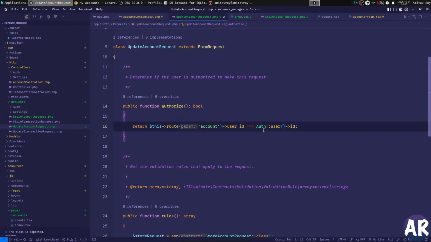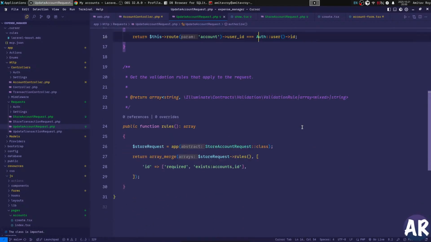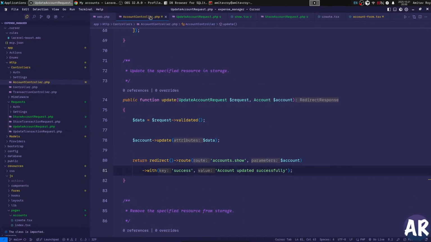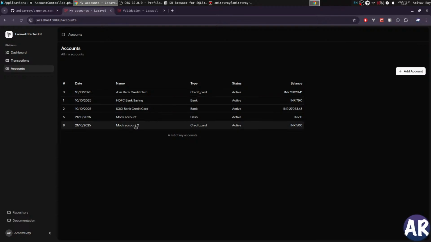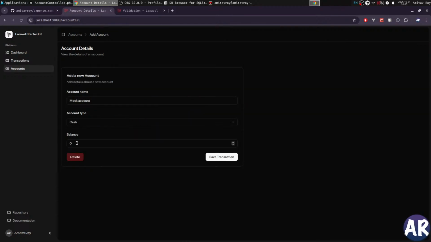This is the authorized rule, that the account's user ID should be equal to the current logged in ID, and we are generally fine. So in here, in my mock account, ideally I should be able to add 100 more. The name is already taken. Now this is a problem. What if I